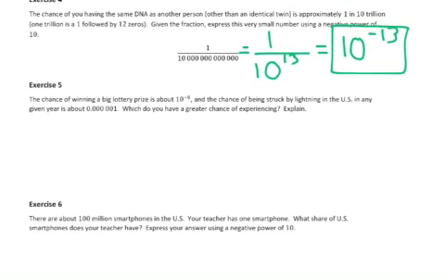In exercise 5, it says the chance of winning a big lottery prize is about 10 to the negative 8th, and the chance of being struck by lightning in the U.S. in any given year is about 0.000001. Which do you have a greater chance of experiencing? Explain. Well, when they want you to compare numbers, think about the magnitude. Well, the lotto has a magnitude of 10 to the negative 8th power. The lightning,